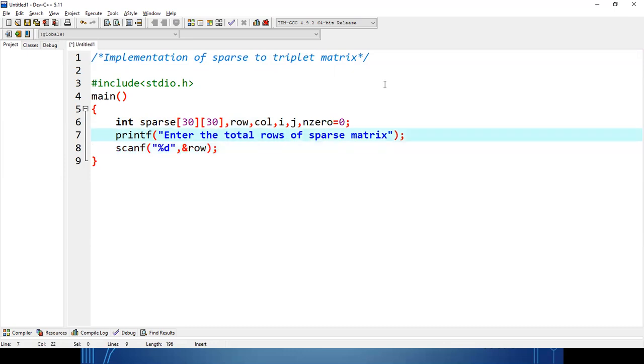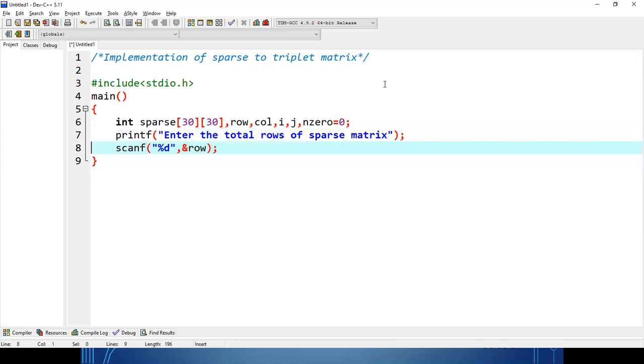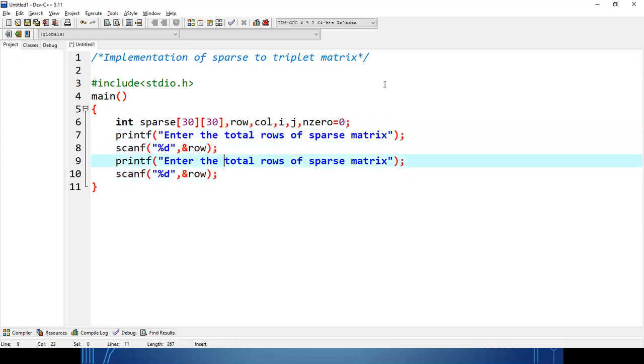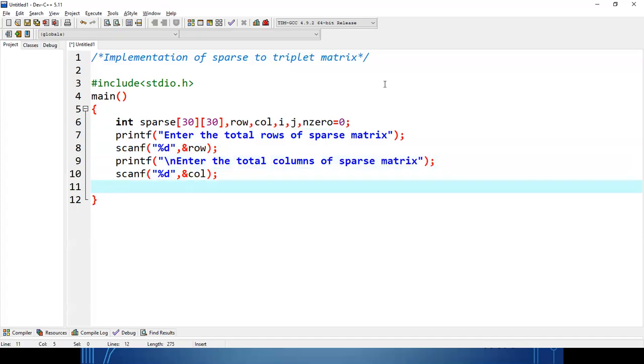Okay. Similarly, we'll ask the user to enter the total number of columns. And whatever the user will give as input, I'll store in the column variable. Okay. Now, once the row and column values I have taken as input, next I'll give input to the sparse matrix.